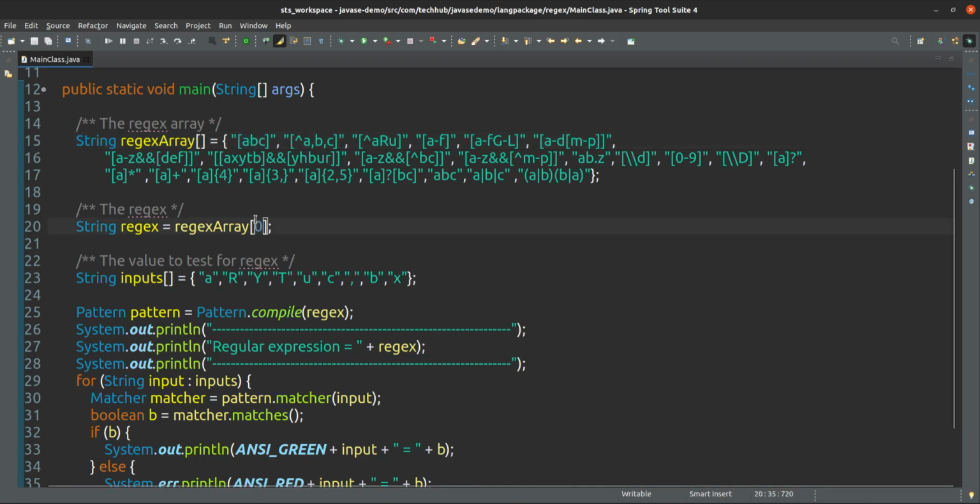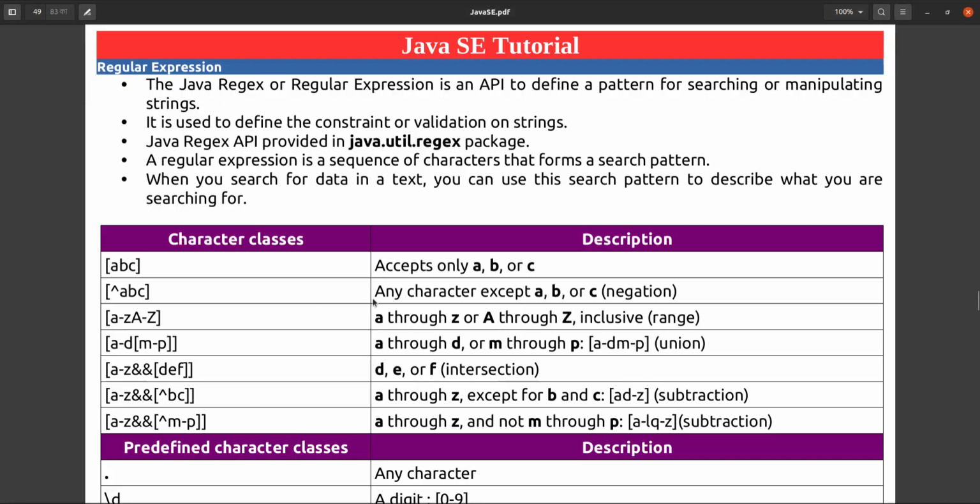In the first regular expression it accepts only A, B or C. But in the second regular expression, you cannot enter A, B or C. You can enter any other character other than A, B, C. This means any character except A, B or C.